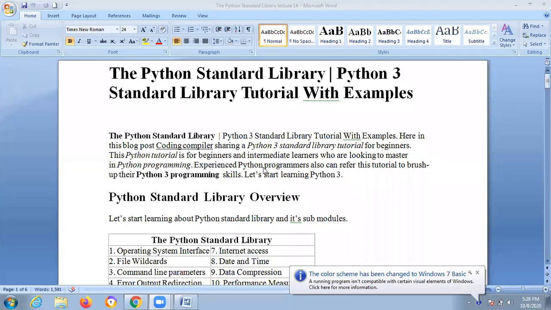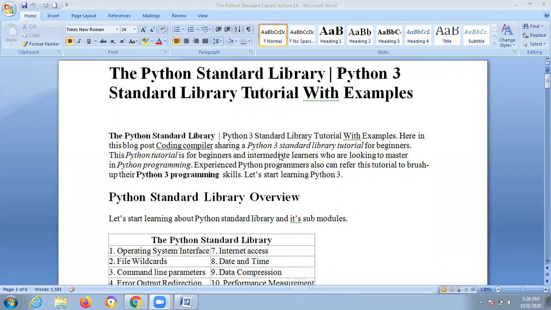In this lecture, I am going to explain the Python standard library. The standard library functions are available in the Python software. Then what is a library? For every programming language, there will be one library. What is the standard library? Whenever you provide anything, first it will search the library. According to the files present in the library, only then will it function the program.